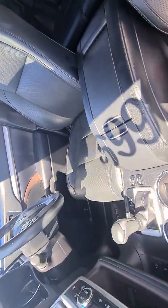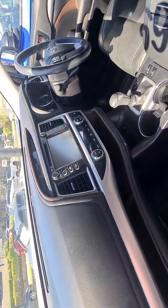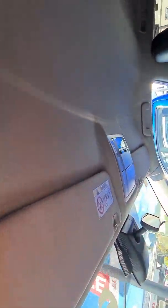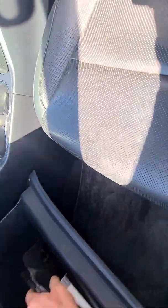And sorry about my reflection, my shadow. But I just want to try and show you as much as we possibly can in these videos. Obviously, being the car that it is, there's absolutely stacks of features in here, so I will jump in that driver's side as it's getting pretty hot, and I'll take you through those features once we get around there. So while I'm on this passenger side, I just want to take you through